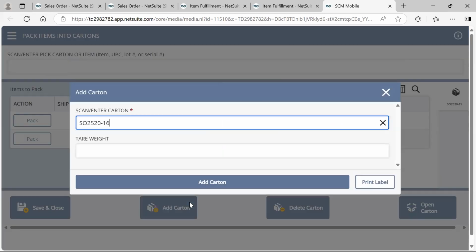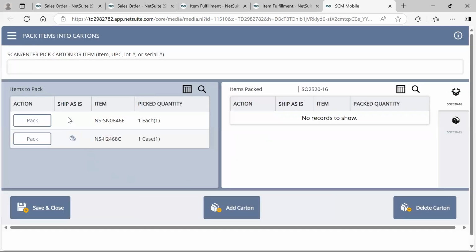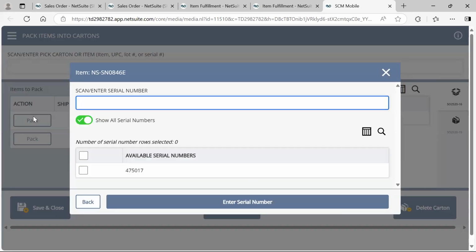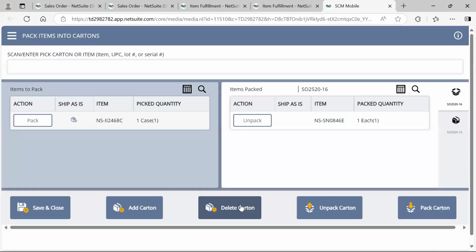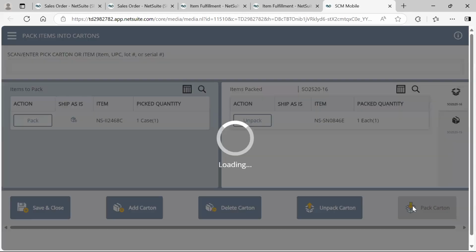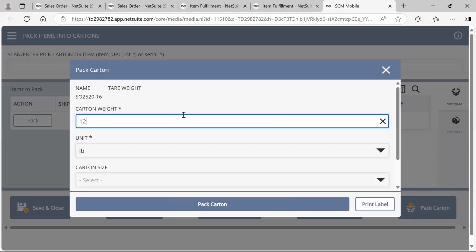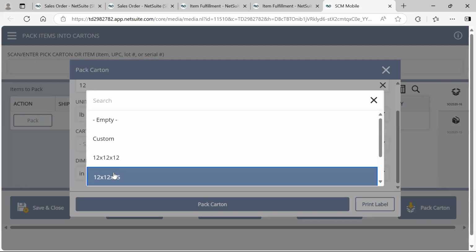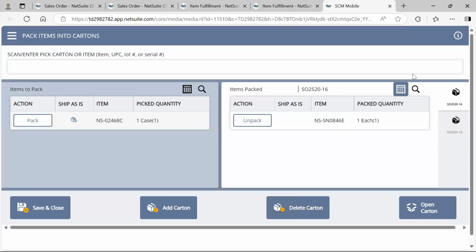I'll add another carton. NetSuite will generate another carton ID for me, and then I can add my items. Since this item is serialized, I'm going to tell Ship Central which serial number I'm putting into my carton. And then I can pack my second carton, entering my weight, selecting the size, and now I have two cartons